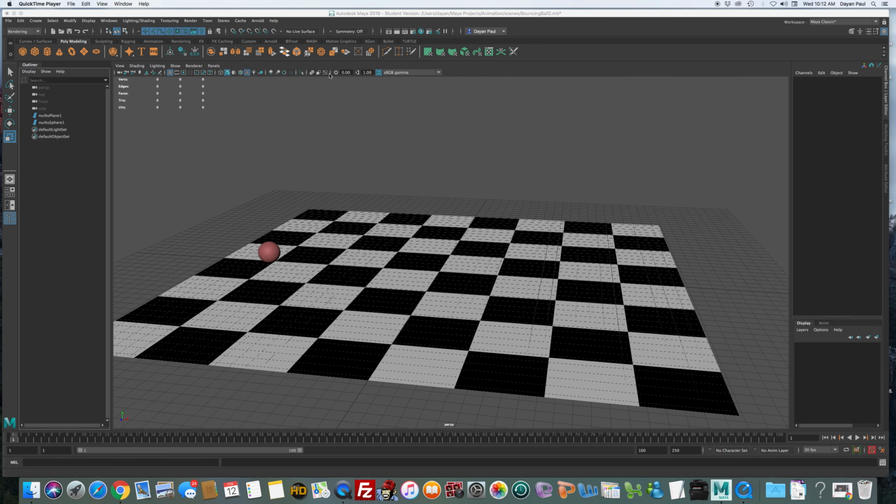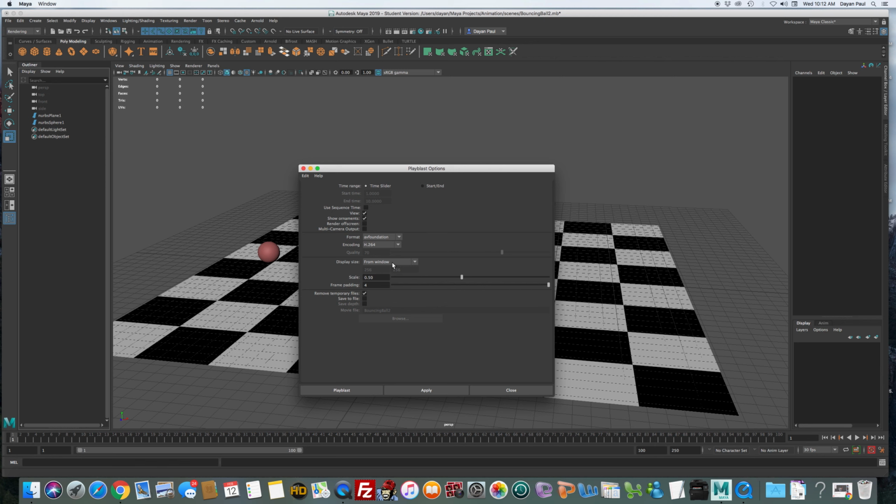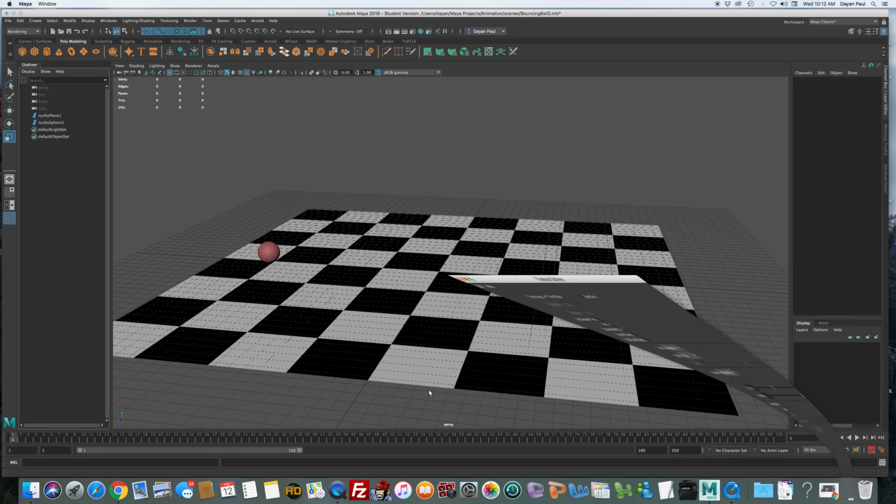Now that we've set up our render settings and we can use those for the playblast window, we'll go into the window, playblast again, and this time, instead of from window, we'll choose from render settings. This will give us a better idea of what our final framing will look like, and not necessarily our final rendering. So let's go ahead and apply it,